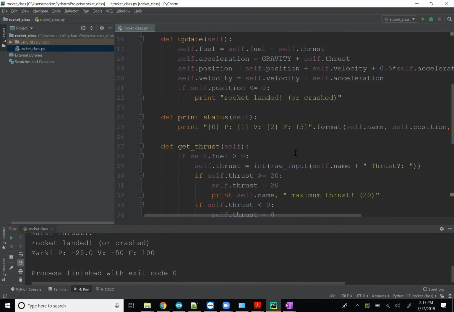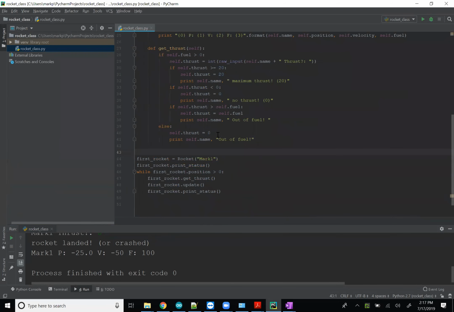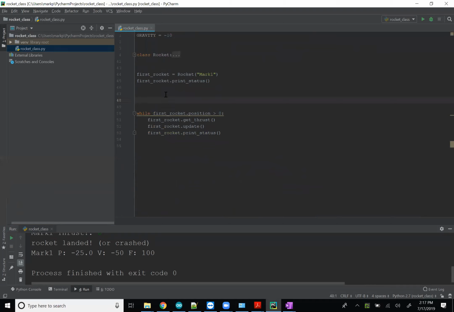Okay. So now we've got our first class rockets. Now let's make a whole bunch of them. How are we going to do that? Check this out. I'm going to make a fleet of rockets. Fleet equals. You guys remember how to make a list, right? I got a whole bunch of items here. I'm going to make a rocket, and I'm going to call it